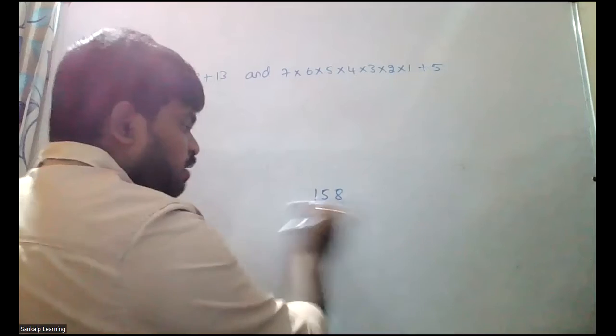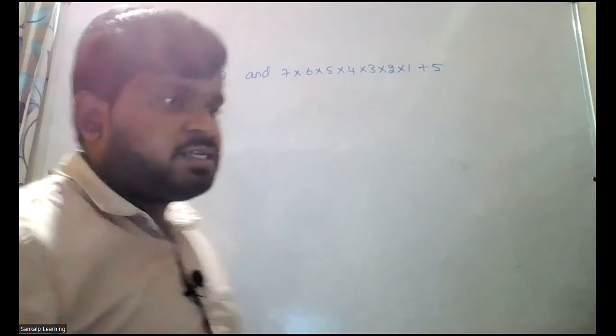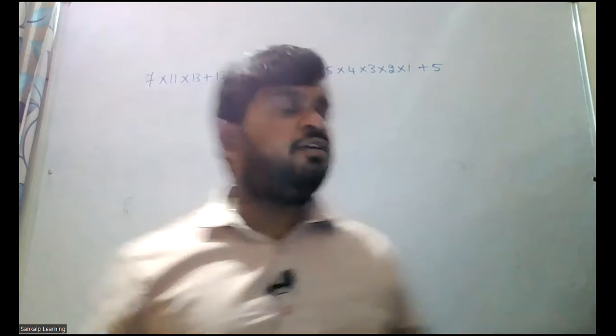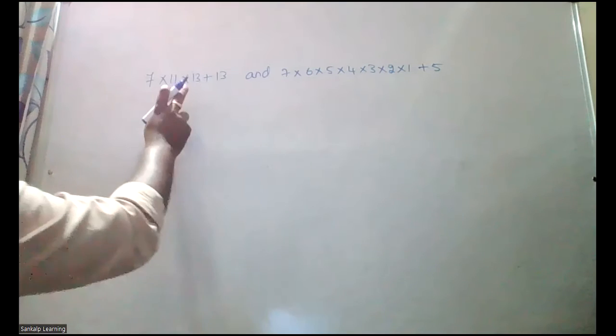I hope it is clear. Composite number in the sense it will have more factors. Prime numbers will have only two factors, which are 1 and itself. Now, if you observe carefully,